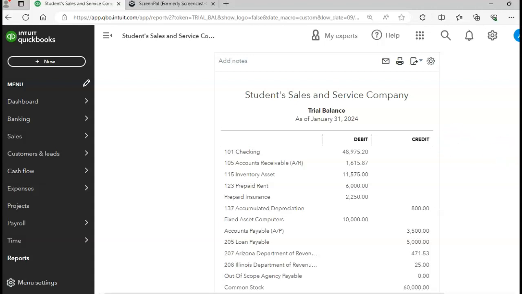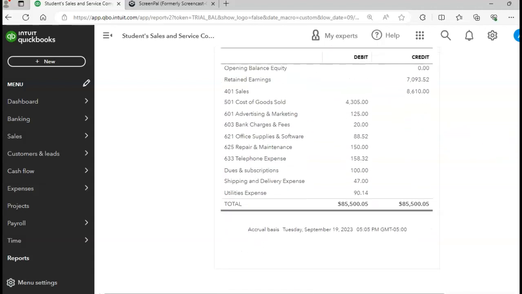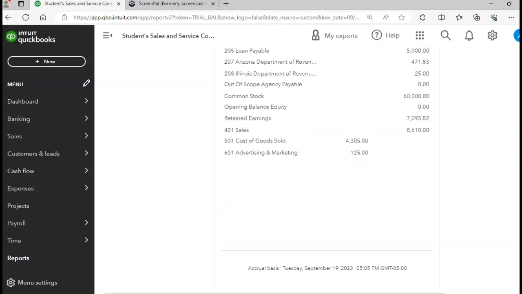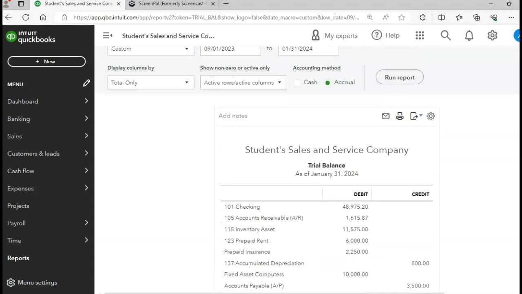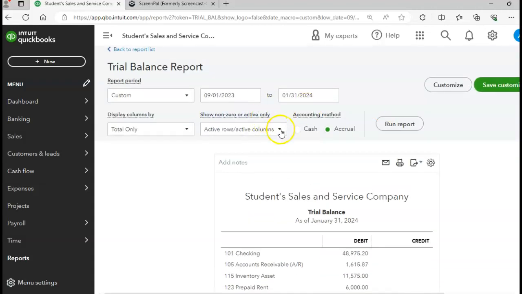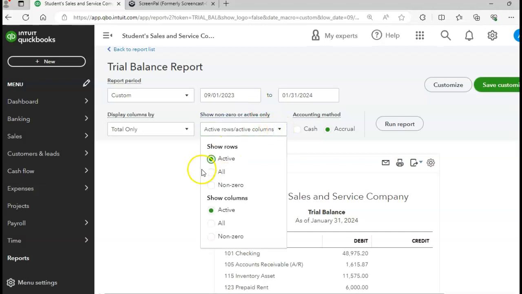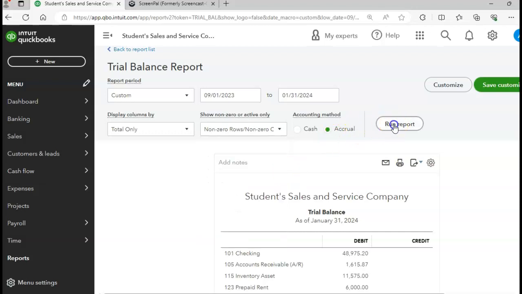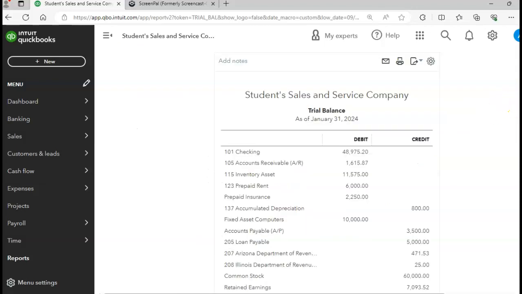The total of your debit and credit column should equal $85,500.05. If you don't want to show those accounts with a zero balance, go to your active columns, click non-zero, and now any account with a zero balance will not show up on